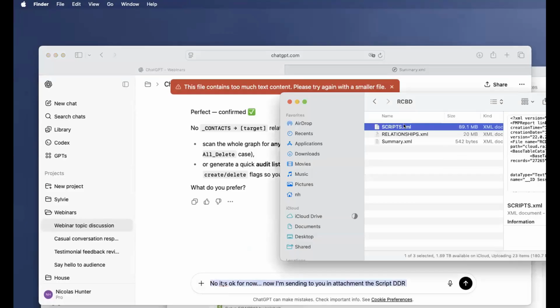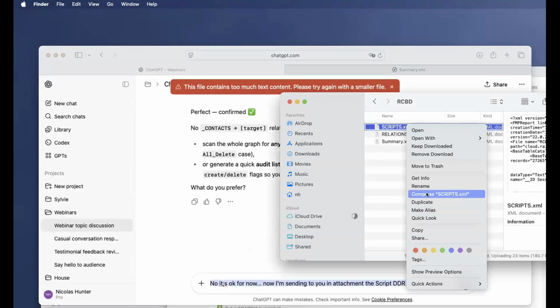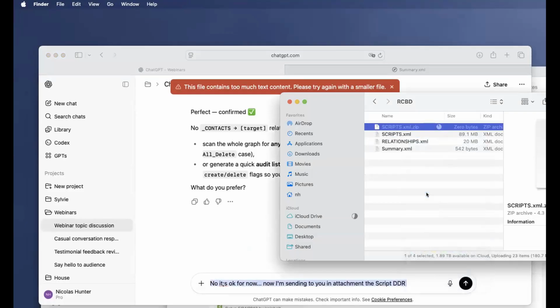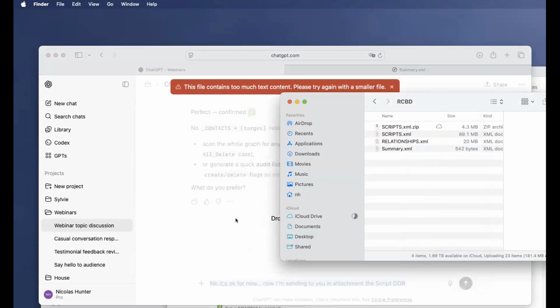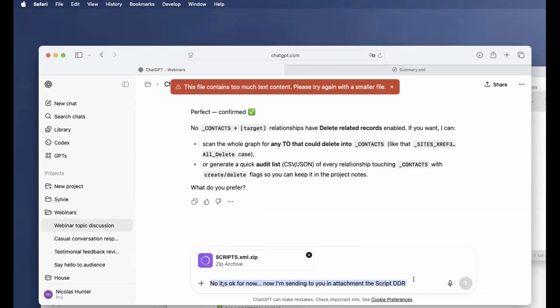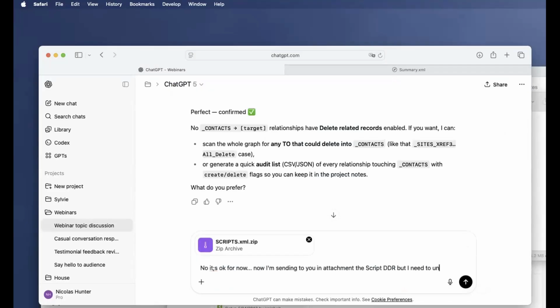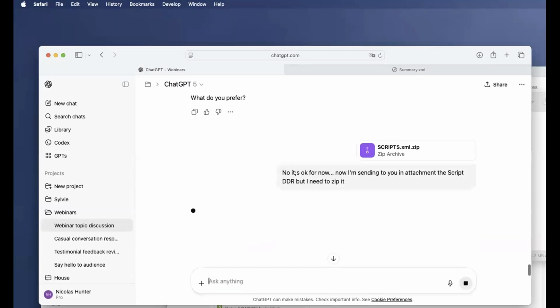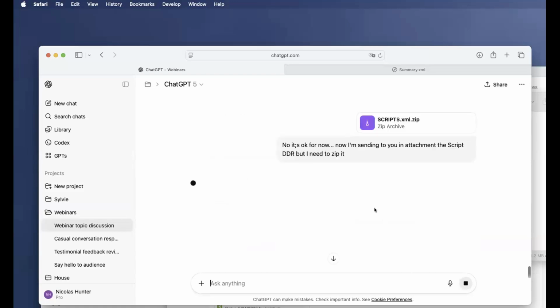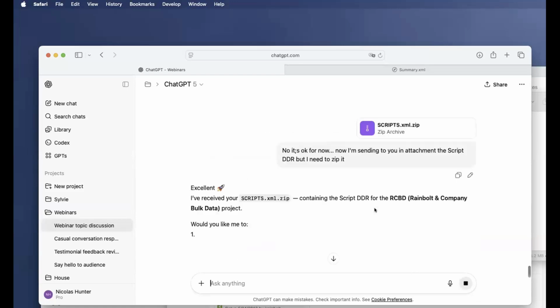So maybe I can compress it, and it will unzip it. I need to zip it. Okay, so he knows he will unzip it.